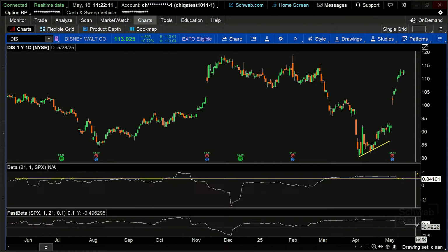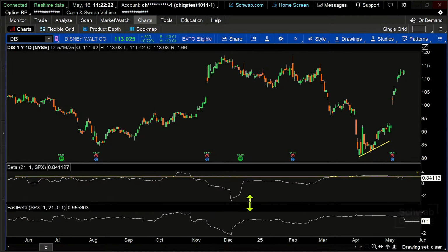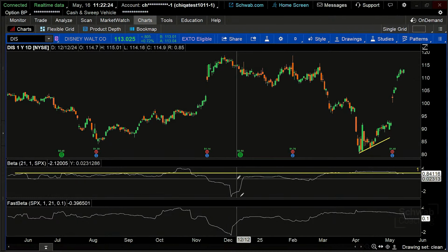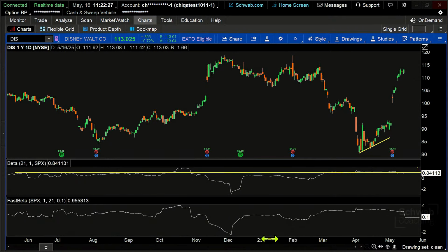Fast beta uses a moving average. And John, thank you for putting that definition down there in the chat, and I appreciate that. Fast beta is simply the same kind of calculation. Instead of a simple moving average, it uses a weighted moving average. So this would be the difference between, for instance, using a simple moving average on price versus an exponential moving average on price. It's going to be more reflective of current movement. It's going to be, however, maybe more sensitive to false signals.